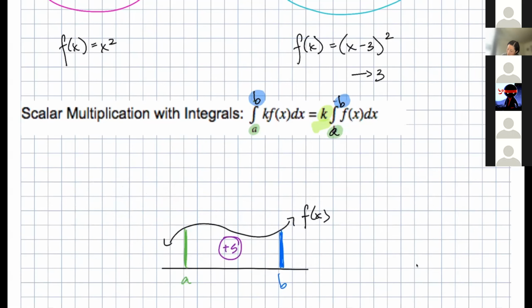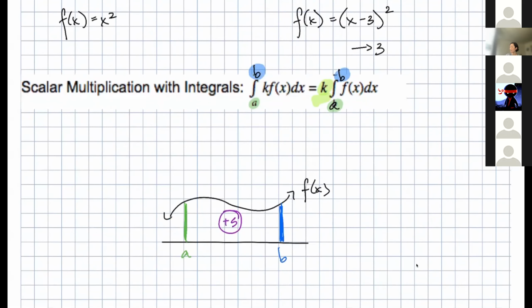So if I have this as an area of 5, and now I'm telling you that you're multiplying it by 2, yeah, you're going to get an area of 10. And so if we think about 2 times a function, this 2 is the same as a vertical stretch, okay? And so if we think about what that might look like, a vertical stretch will just take my function and